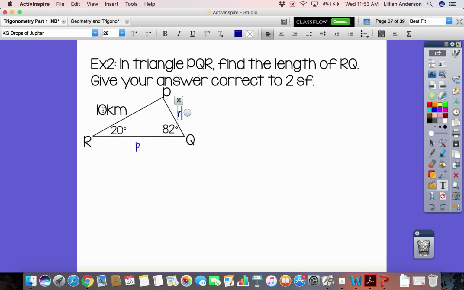Now if you notice, the side that we're looking for, which is essentially side P, we don't know the angle across from it yet, but we can find it. In order to use the sine rule, we need to have the angle opposite of the side that we're looking for. So in order to find angle P, we're going to add the other 2 angles, and we're going to subtract it from 180, because again, there's 180 degrees in a triangle. So then that means that angle P is going to be,